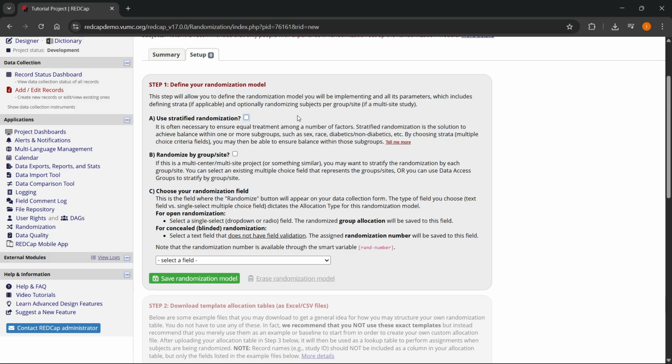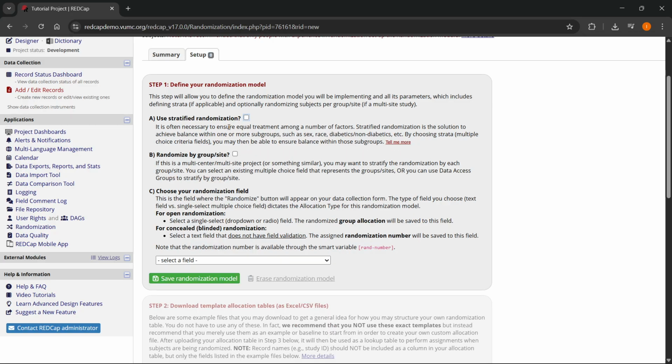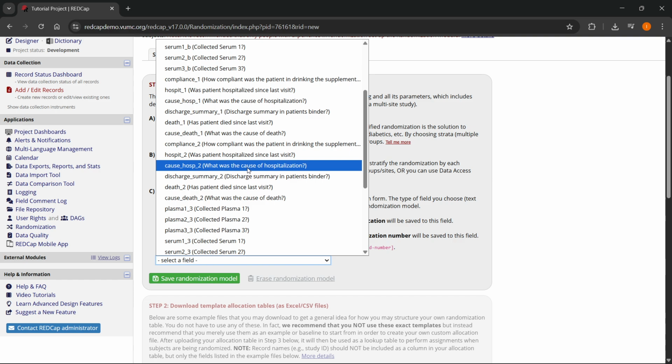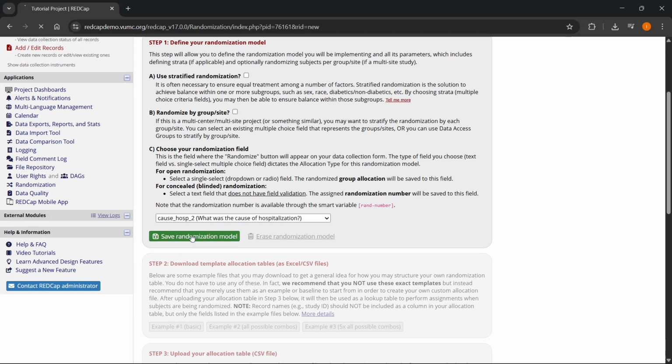Make sure you read through this and actually understand what these things are. And then in case you need them for your specific situation, you can check mark them and select the correct field or the field you want to actually be able to achieve this, okay? I'm just going to leave it like that, and I'm going to select a random field over here. So for example, let's just do what was the cause of hospitalization. Now this is just a demo project with some data in here, and I'm going to click on save randomization